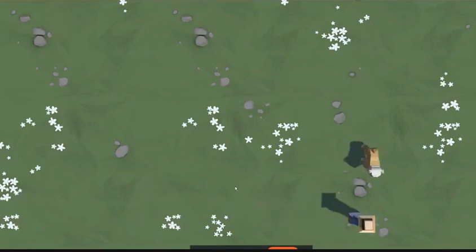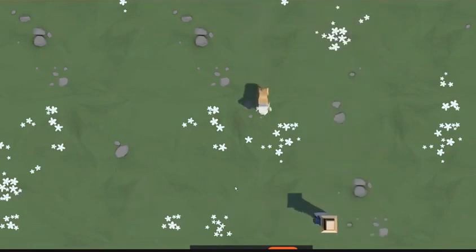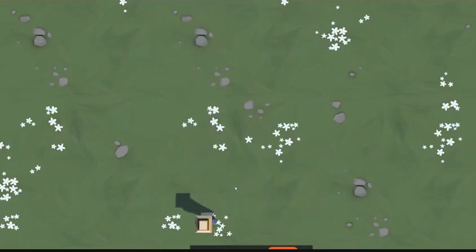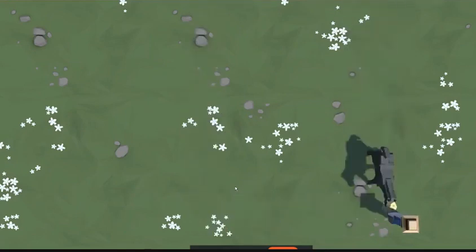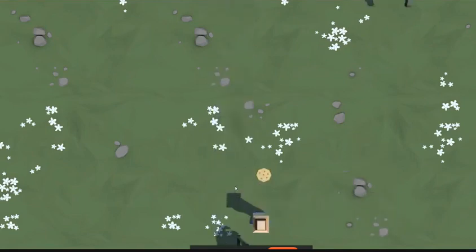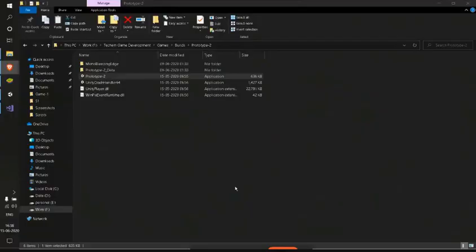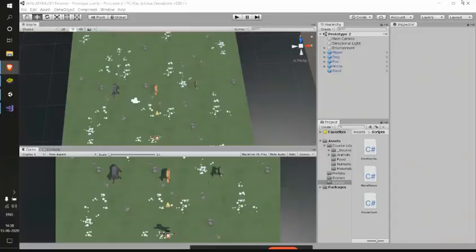Now when our food hits our animal, nothing will happen as of now. So let me close this. We need to detect the collision also. So in the third lesson we are more focused on generating random animals from random positions.